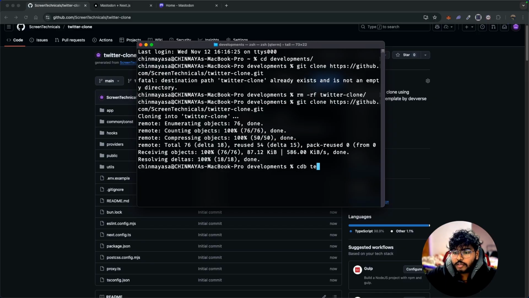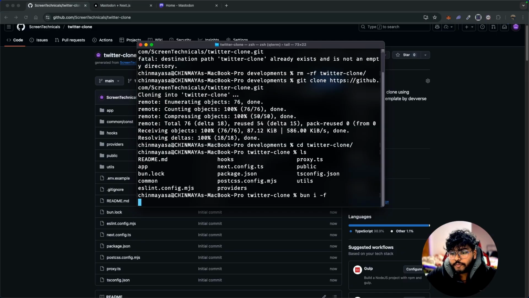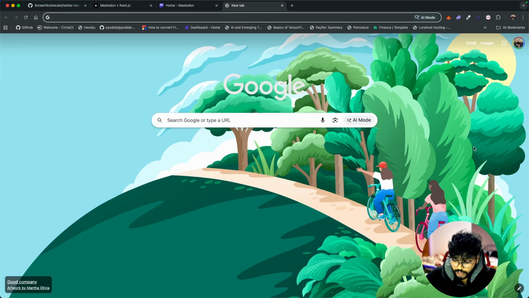cd into Twitter clone, ls. I'll do bun i -f, and while it is doing that, meanwhile, you should try